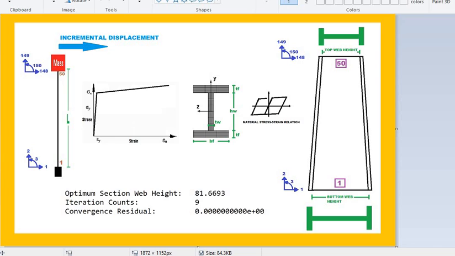we have 50 nodes and 150 degrees of freedom. So based on these 50 nodes we have 49 discrete elements. So this column is divided into the 49 elements, and with these relations between stress and strain for